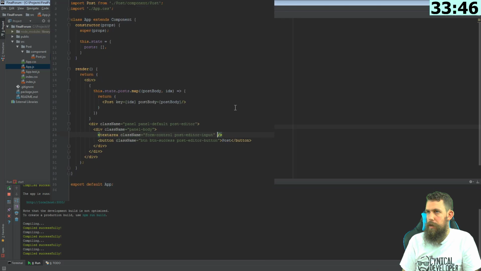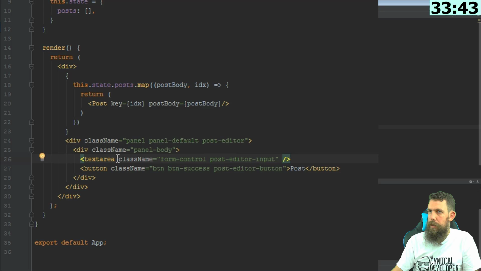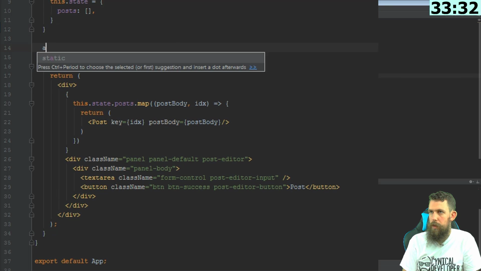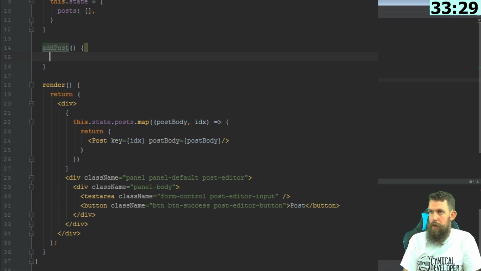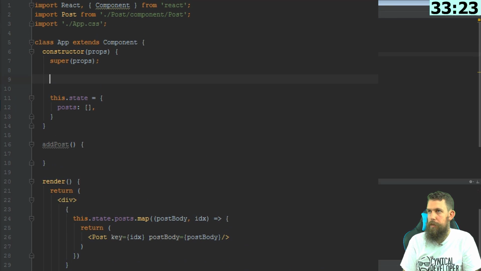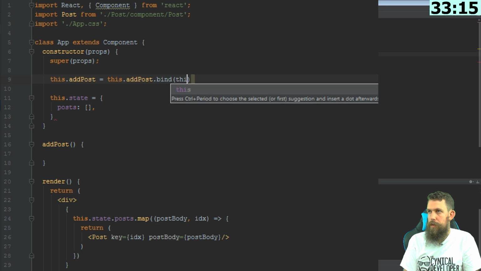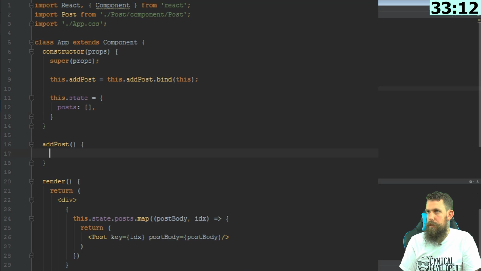So this is where our input thing here comes in. Now I'm tempted to, let's just do all the functionality in here first, and then we'll refactor it out into its own component. So I've got to bind this to the component so that I can use add post, and then with add post we're going to say